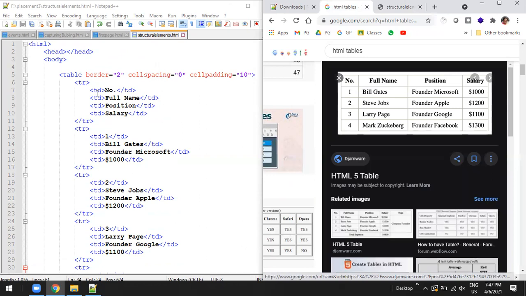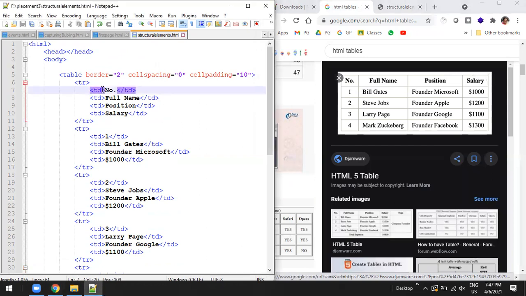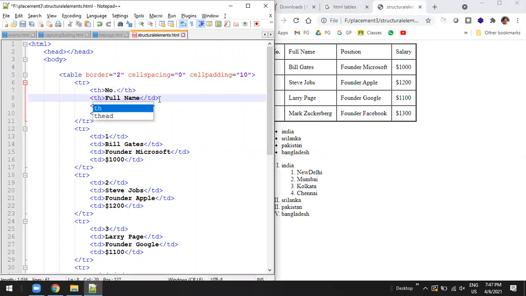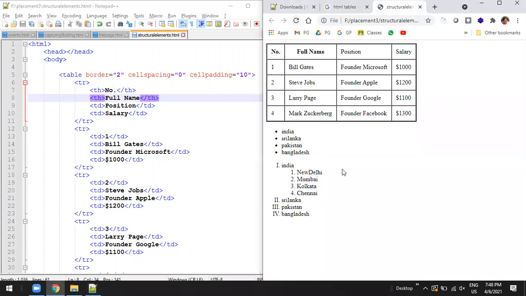Instead, just apply TH instead of TD, so automatically that will come as bold. So here also you can apply TH. Fine, understood this point?